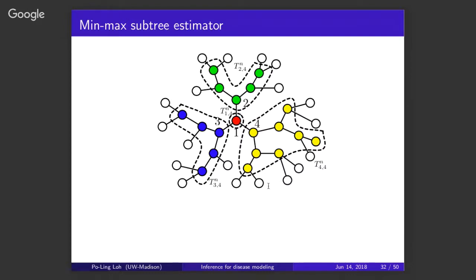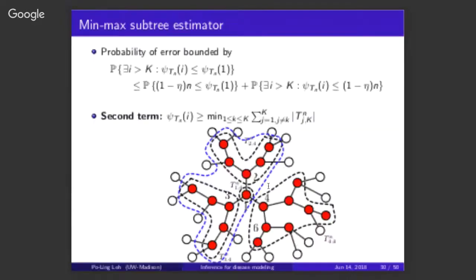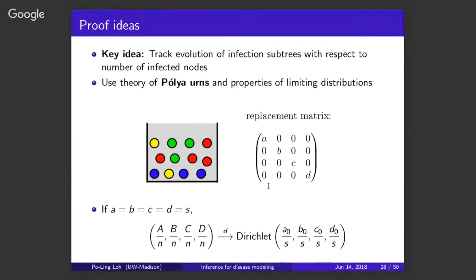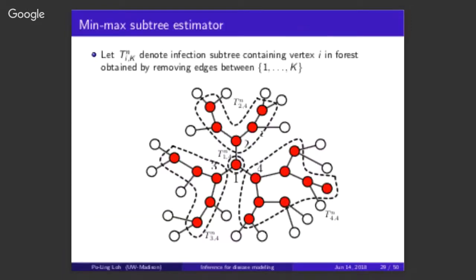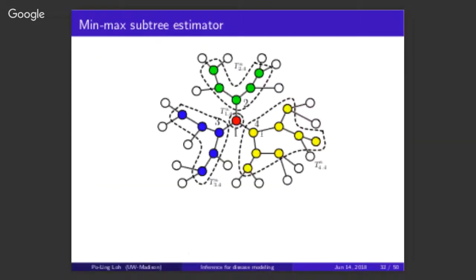And that's exactly where the analogy to the Polya urn process is. Because if you remember, the Polya urn process was drawing a bunch of balls of different colors from a box. And if there are more yellow or red balls, then they're more likely to be picked next. And the fact that this replacement matrix is diagonal, a multiple of the identity, is exactly what I said. Because it's a d-regular tree, the probability of joining to the boundary of a particular color is exactly proportional to the number of nodes of that color.